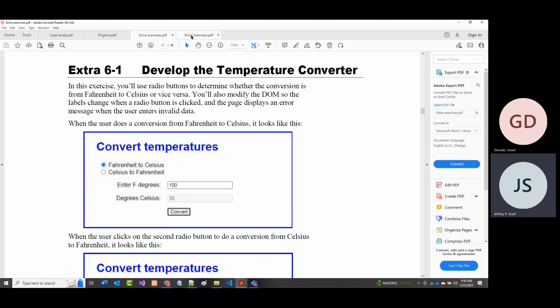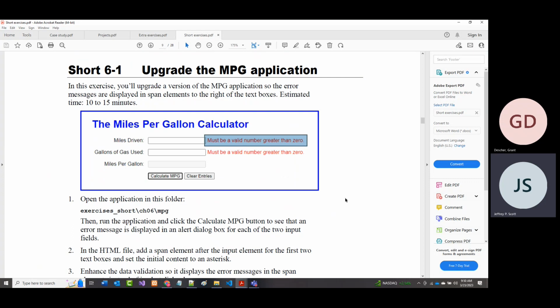And then under our other one, 6, this one I'd like to do as a class. And again, it says you will upgrade this so that the error messages are displayed in span elements. What I may ask you to do, because next week we'll set it up the same kind of way, is tomorrow's lab, then on Monday we'll do a few of these as a class. Plus on Monday, I will give you some kind of a pretest,